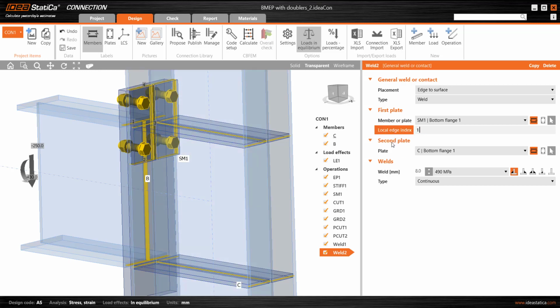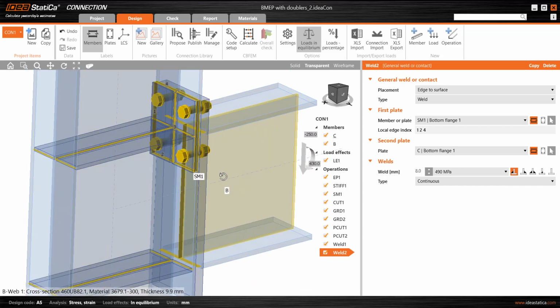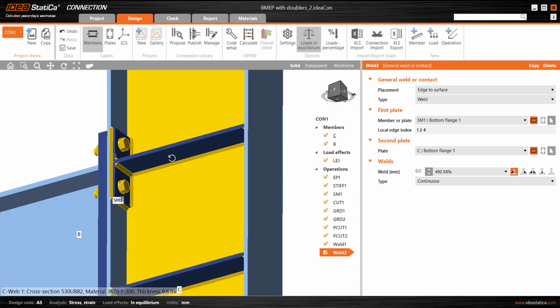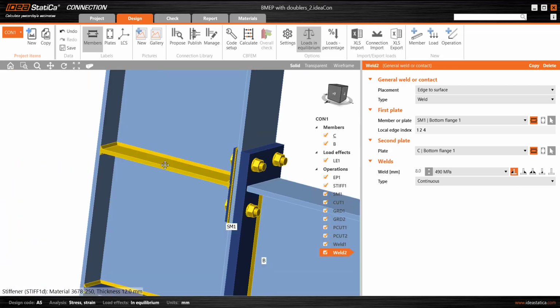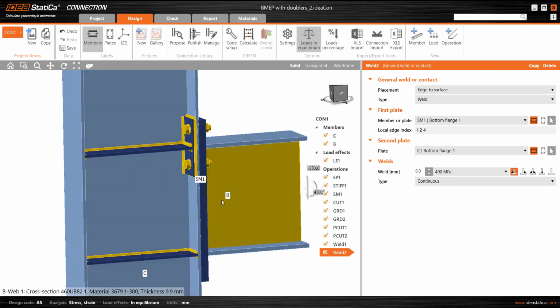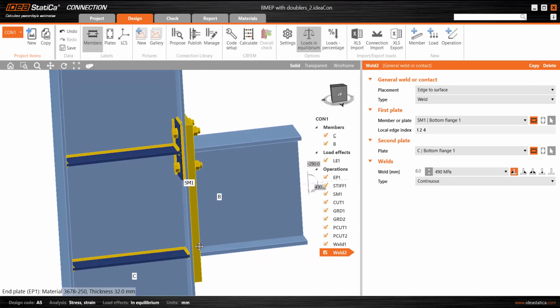So simply a matter of changing that. Let's turn on the solid view to have a look at how this all appears. So I'm fairly happy with things at the top flange now, and of course the idea is to repeat this